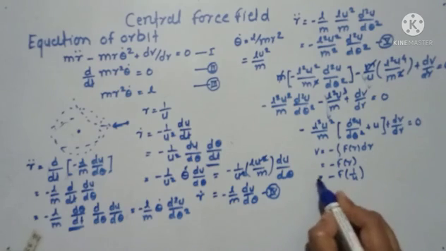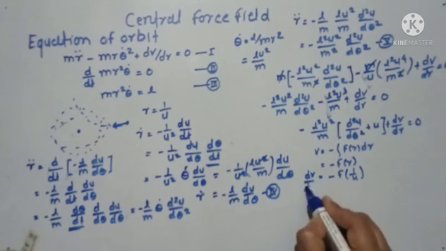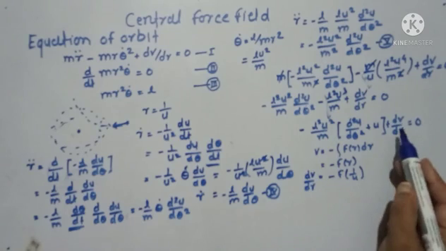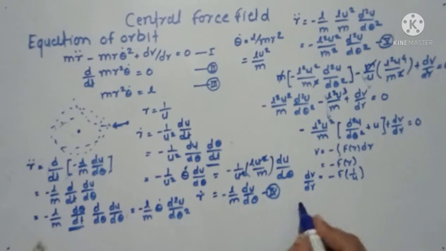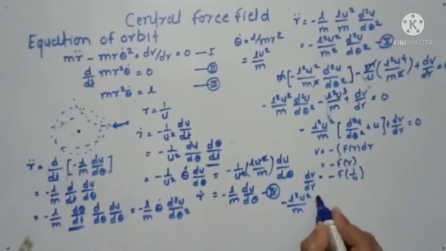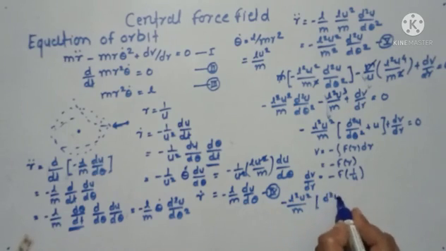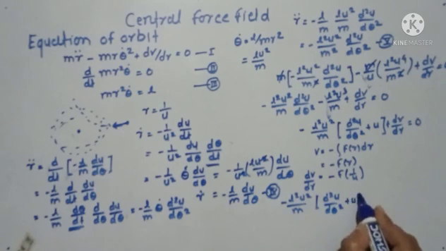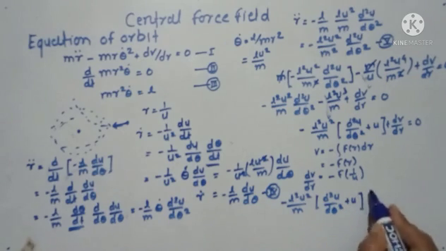So put the value of dv by dr as minus f of 1 upon u over here. So the equation will become minus L square u square upon m into d square u upon d theta square plus u, and it will be minus f of